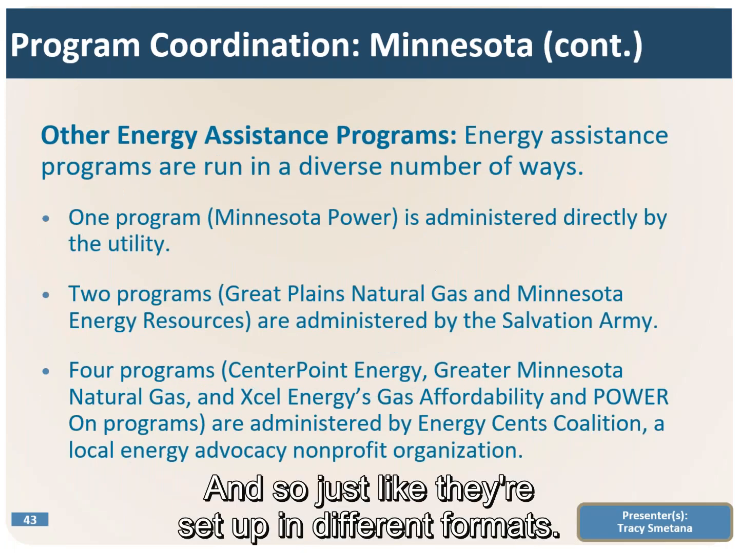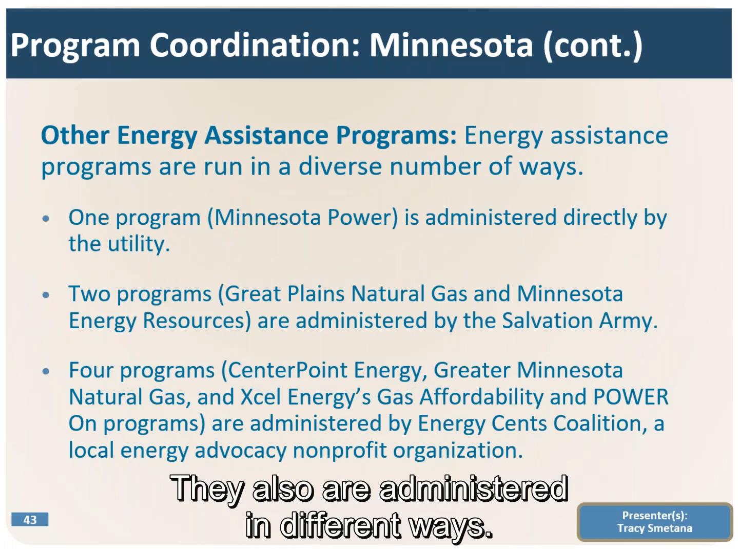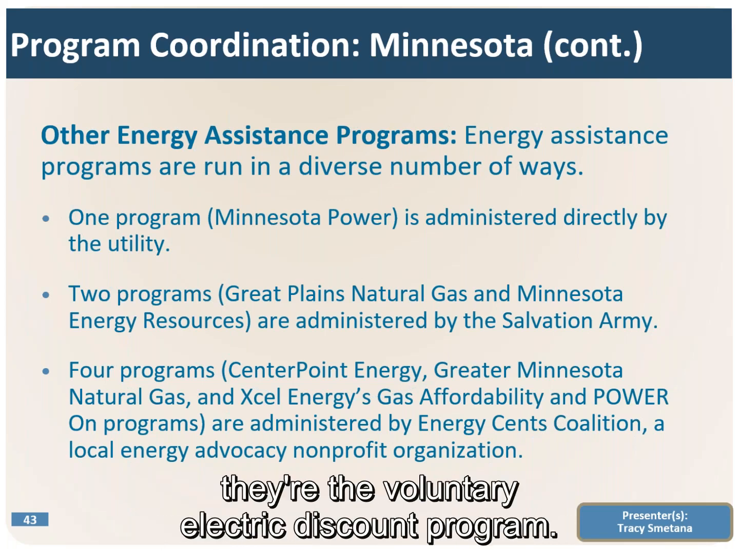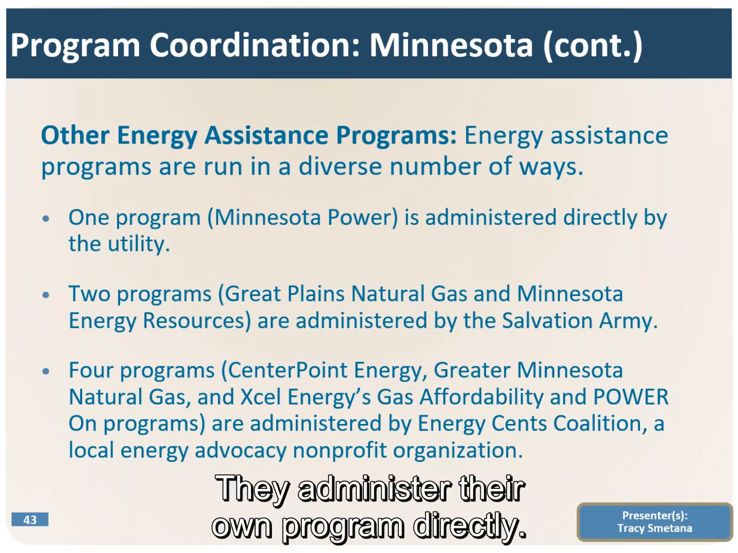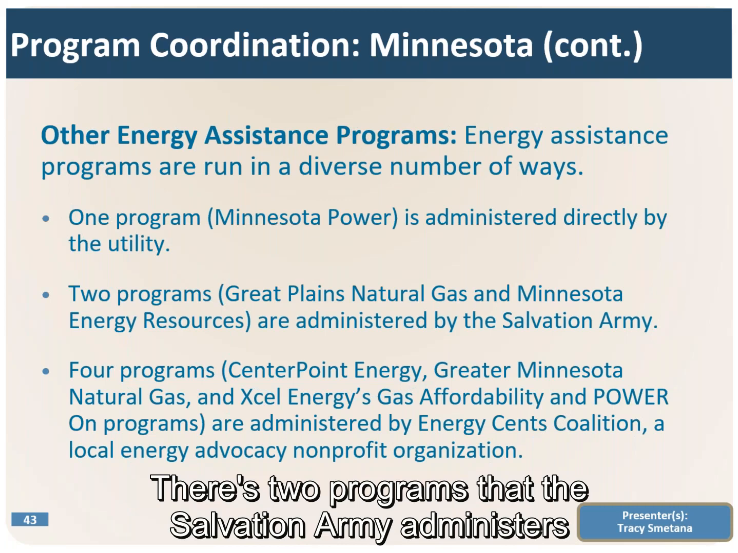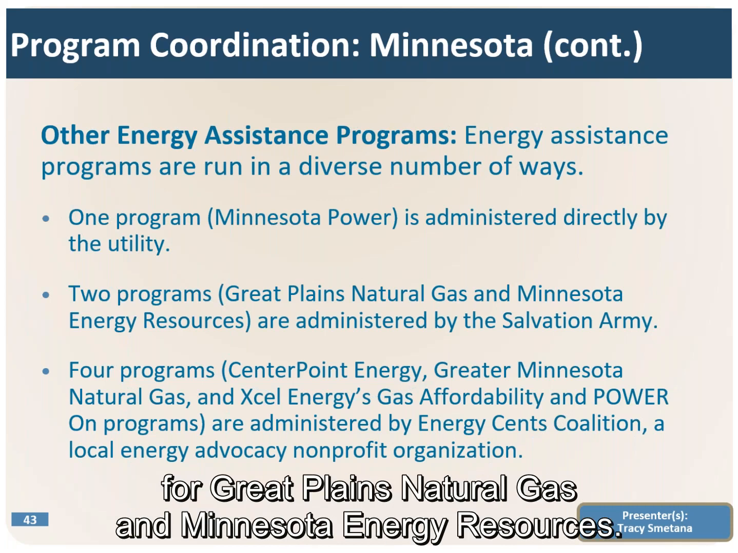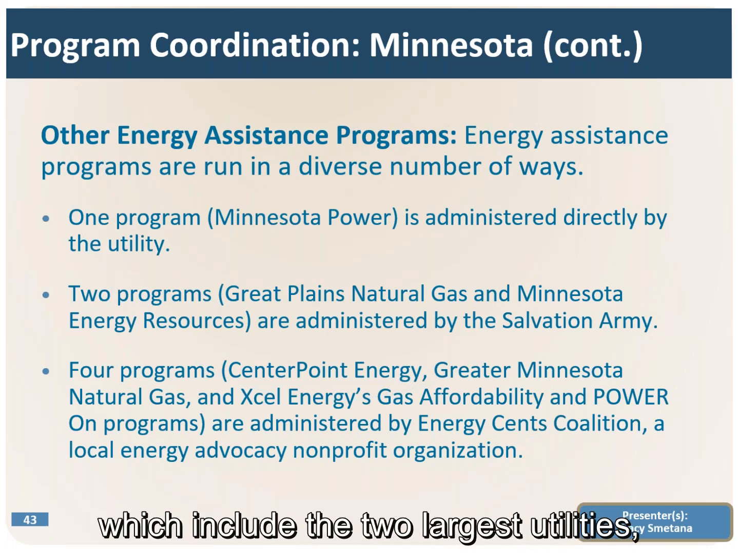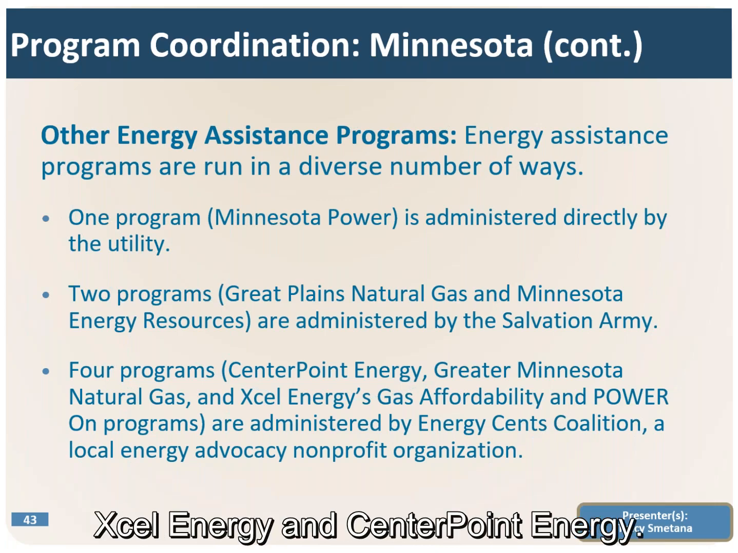And so just like they're set up in different formats, they also are administered in different ways. One of the programs, Minnesota Power, the voluntary electric discount program, administers its own program directly. There are two programs that the Salvation Army administers for Great Plains Natural Gas and Minnesota Energy Resources. And then the other four programs, which include the two largest utilities, Xcel Energy and CenterPoint Energy, are administered